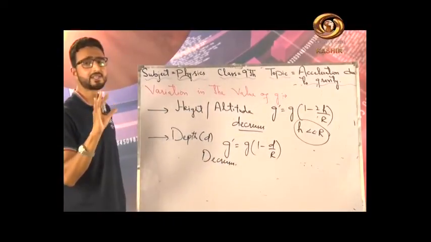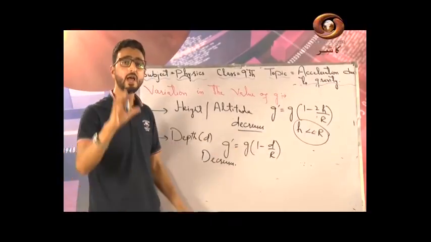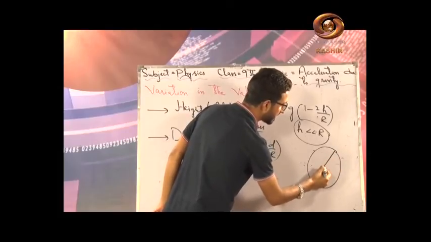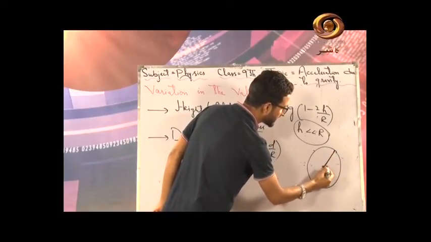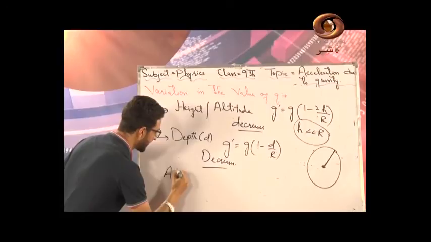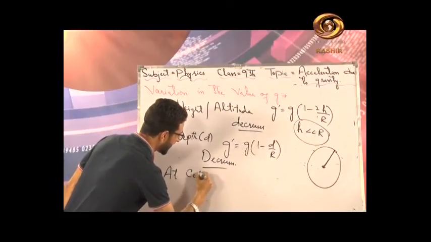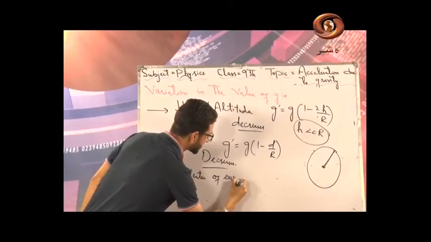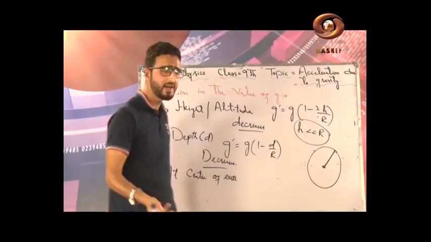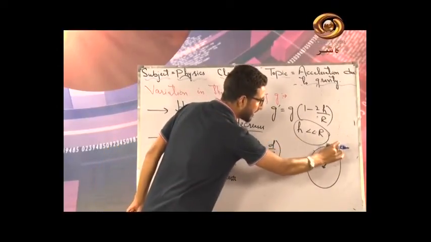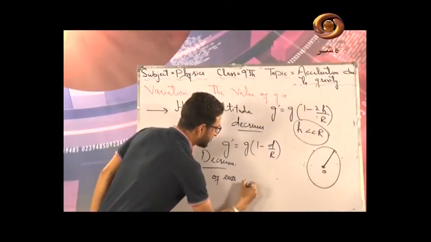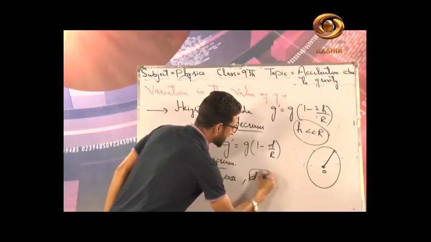है ना। और इंटरेस्टिंग पॉइंट मैं आपको यहाँ पे बताने जा रहा हूँ, at the center of earth. Look at this very figure. If we go deep into the surface of earth, I mean if we go towards the center of earth, what will happen to the acceleration due to gravity at the center of earth? हाँ, at the center of earth ये डेप्थ क्या होगी, it will be equal to the radius of the earth. You are getting my point or not? Deep below the surface of earth, at the center of earth, this depth will be equal to the radius of the earth।